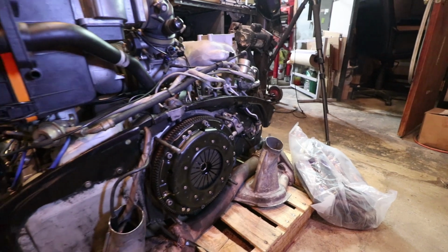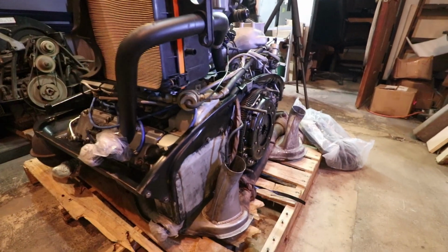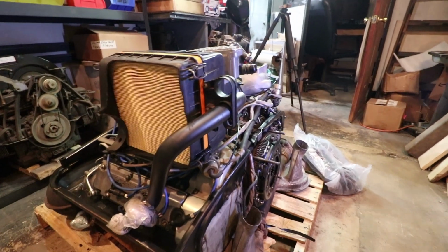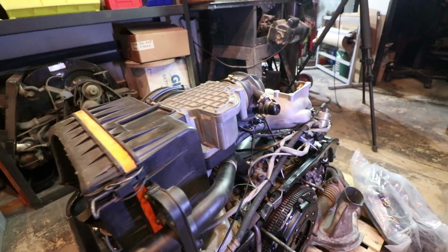But I got the engine a little early. We're gonna be putting it up on the engine test stand, do some diagnostics to it before that car even arrives here for the swap. That's a little introduction as to what's gonna be happening in a few months from now. So when my engine arrives, I'm also gonna be putting it in my car in stock form. Just like I did with the 912 engine, I wanna get some miles on it, get to learn more about the engine. And while it's driving, that 912 engine will be sold,